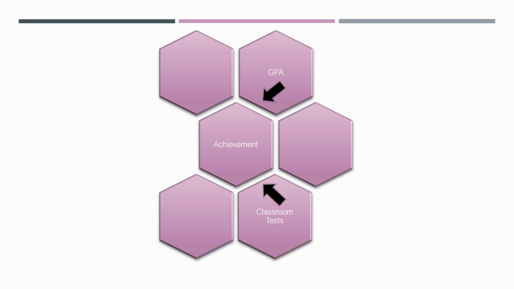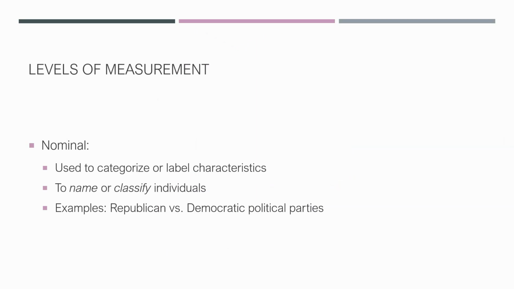And just like we can have multiple definitions of different constructs, the definitions themselves lead to how one will measure that given construct. Measurement is crucial, and measurement is really defined and driven by the way one defines different constructs. So that's the whole point of this model here, to illustrate that we can measure achievement, but that measurement is completely driven by how we define that construct. Okay, so moving forward to the meat of this chapter here,